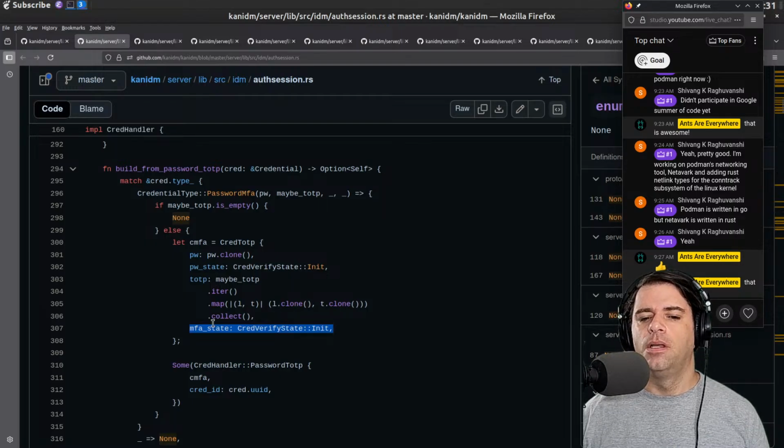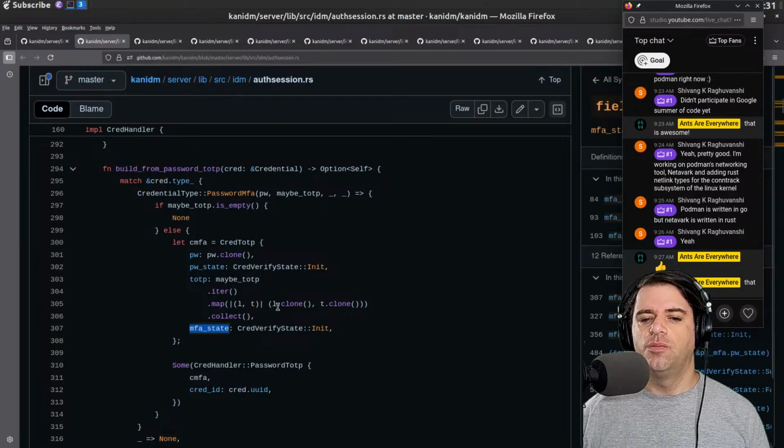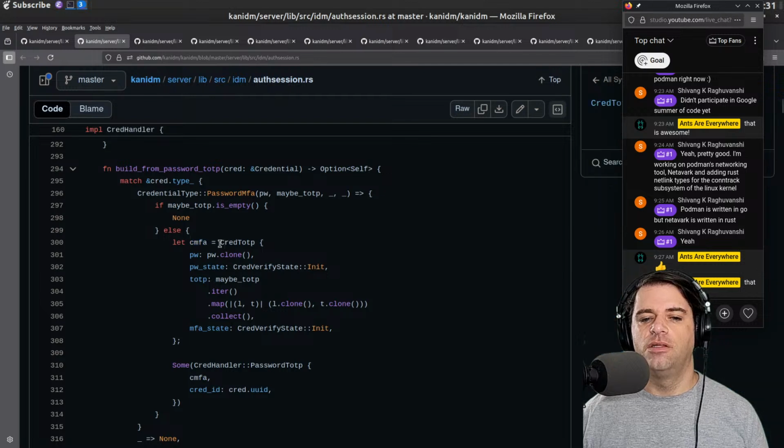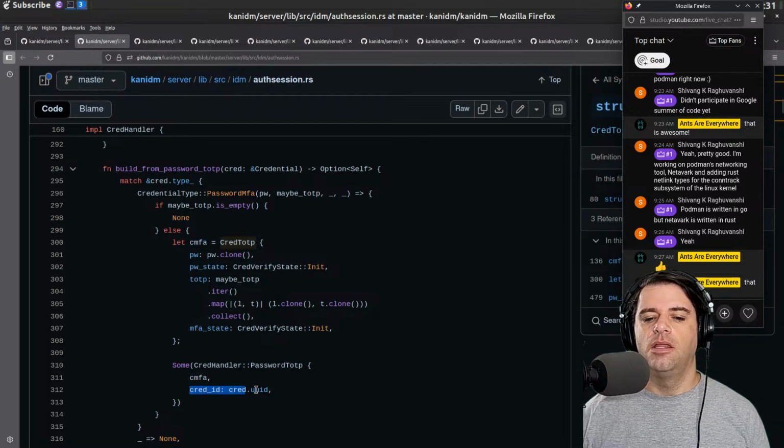I don't know. And then the MFA state is also being set to init, and then we're going to return some cred handler of password TOTP of CMFA, which is the thing I got from cred TOTP, and then cred ID is the UUID that's in the cred that was passed in.